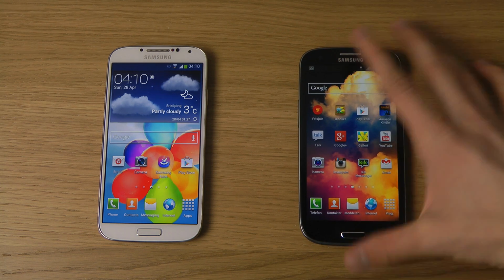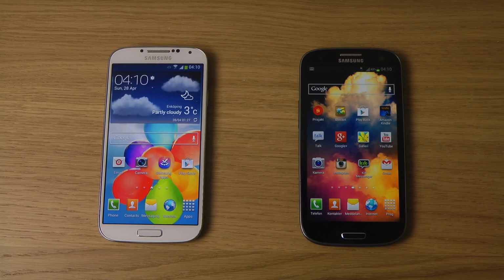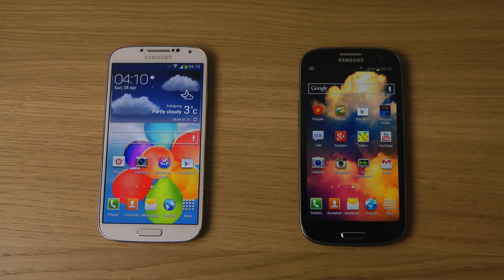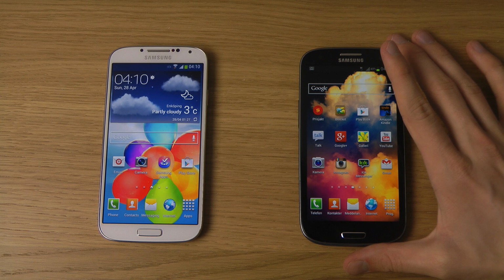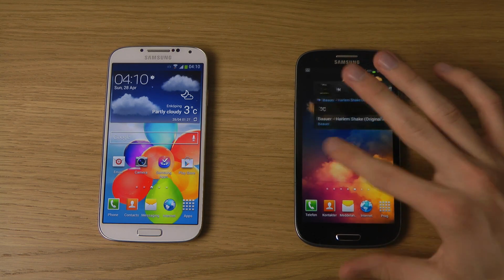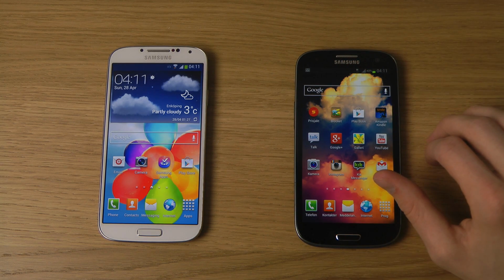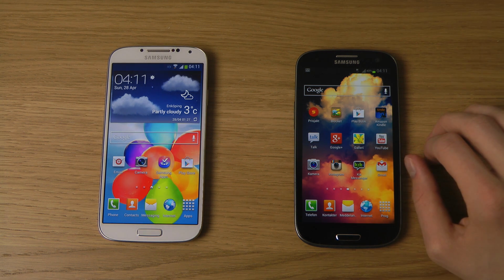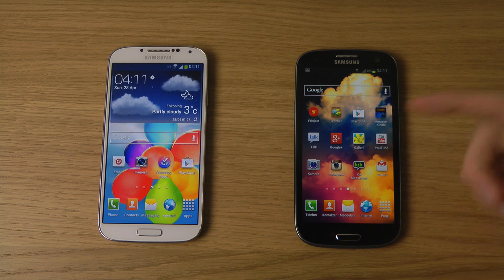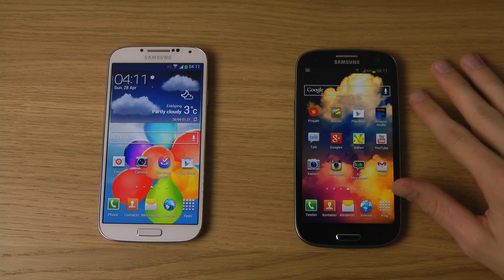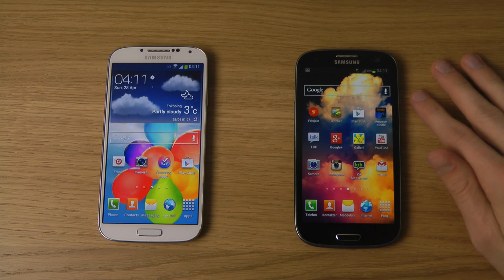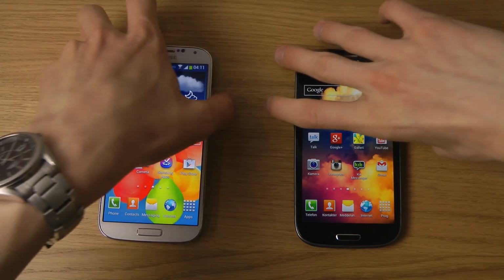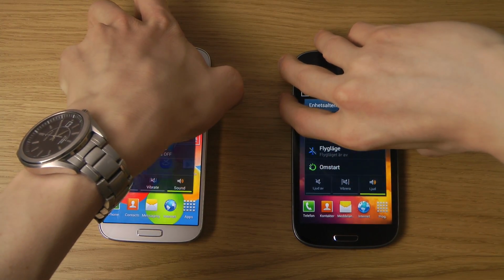I can also tell you that the Galaxy S3 that I have over here is the GT-I9305N, which is a 4G Galaxy S3 that was released in Europe a little bit later after the GT-I9300 international. Basically they are kind of the same, but this one has 2 GB of RAM and it's a 4G phone. Other than that, there is really no big deal. So why not start off by doing a quick little